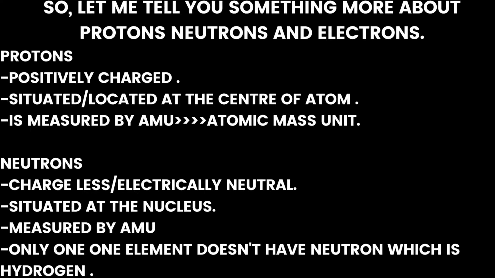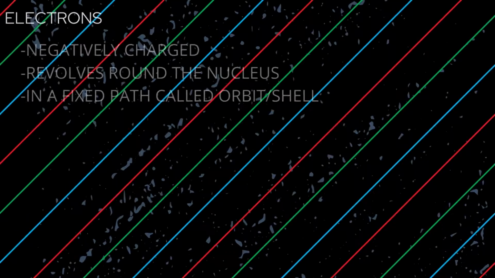Do you know which element doesn't have a neutron? That's hydrogen. Only one element doesn't have a neutron, which is hydrogen. Okay,